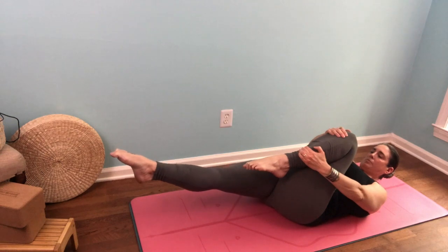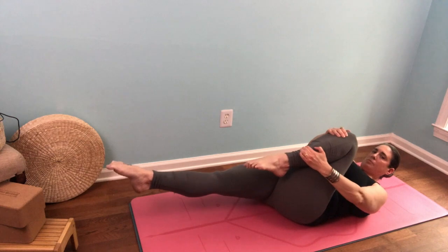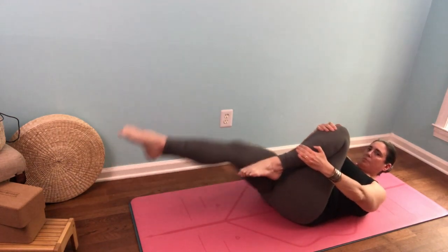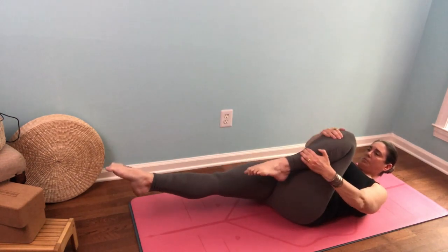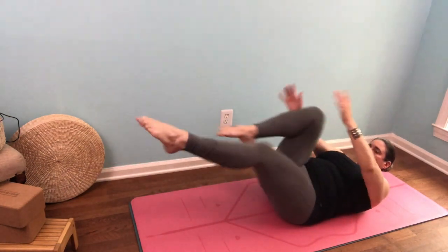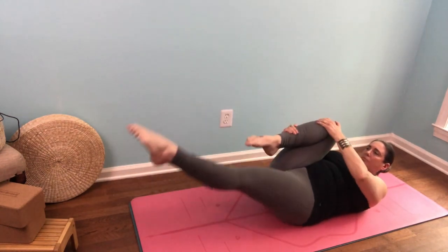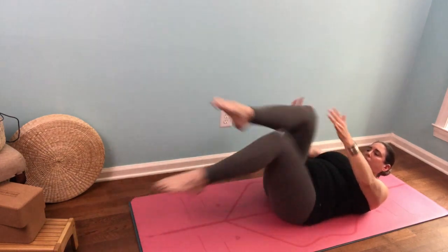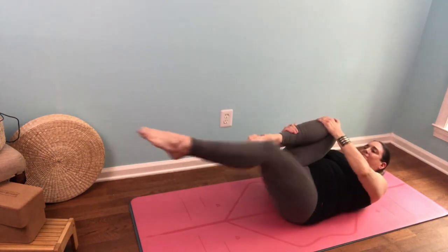Left hand, left ankle, right hand to inside of left knee, pull, switch, pull, switch, pull, 2. Pull on the right, pull on the left, pull, switch, pull, switch, pull, 5, pull, switch, pull, 6, pull, switch, pull, 7, pull, switch, pull, 8, pull, switch, pull, 9, pull, switch, pull, 10, 2 more, pull, switch, pull,